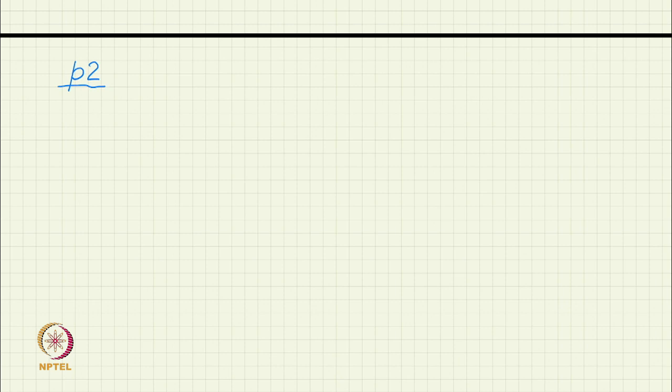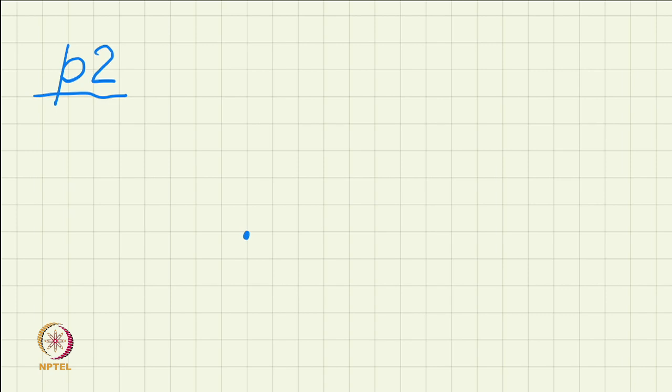Now, by P again you are reminded that it is primitive, and by 2 you are told that the pattern has twofold. Since the pattern has twofold, you have to select a proper motif to preserve the twofold of the original lattice. Lattice anyway had twofold, but now I want that twofold in my pattern also. So, as I told you, if I place a P, I should place an equivalent P or a rotated P